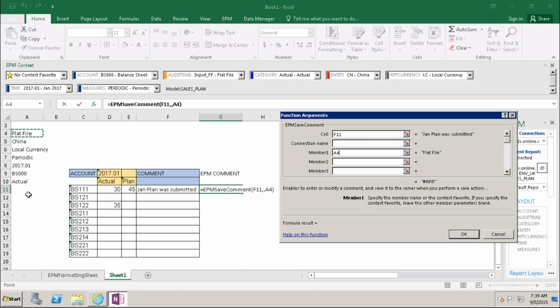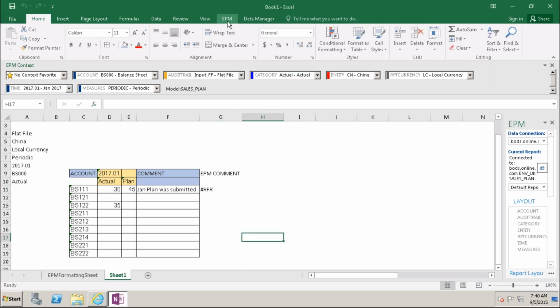OLAP members are otherwise member constant, always constant those are, and the member 2 this one, and member 3 this one, and this is member 4. My time here, my actuals here, A9 my account, and my actuals. So just click OK